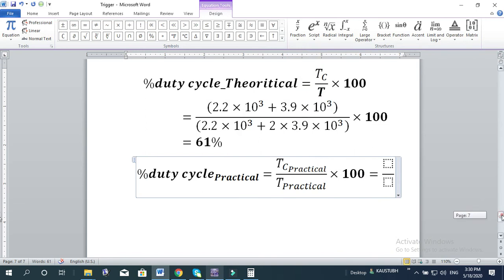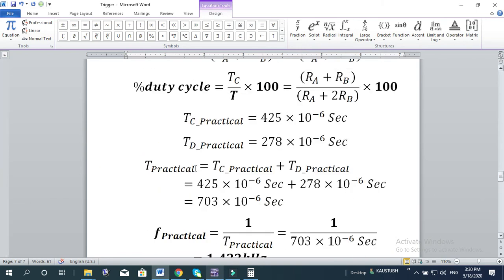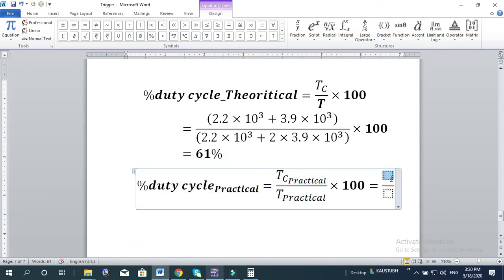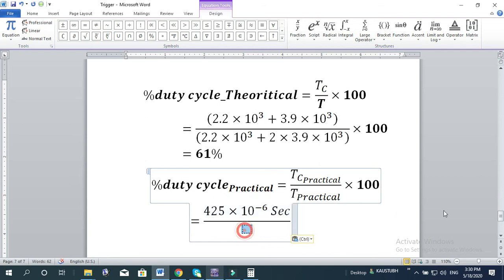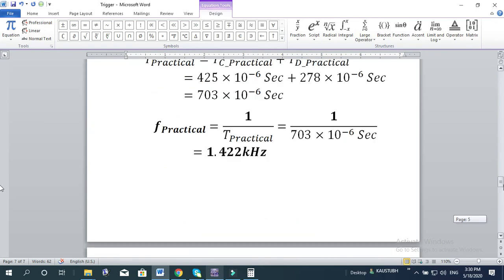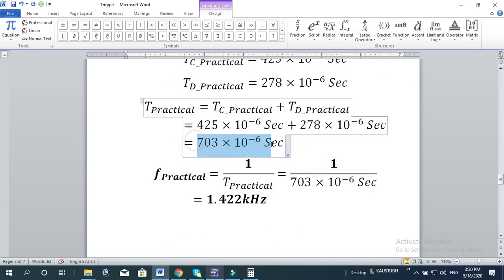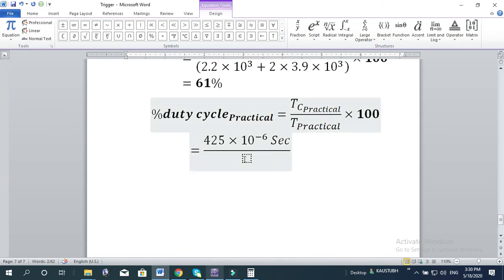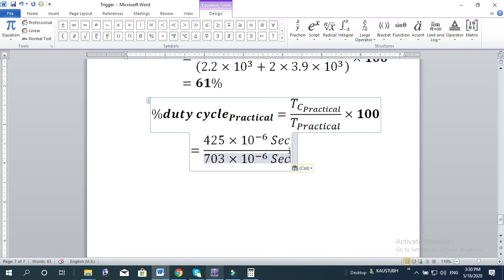Your Tc practical, this one, 425 microsecond. So this is your 425 microsecond divided by your total T practical, this is your T practical, 703 microsecond. So it is 703 microsecond, which will be equal to